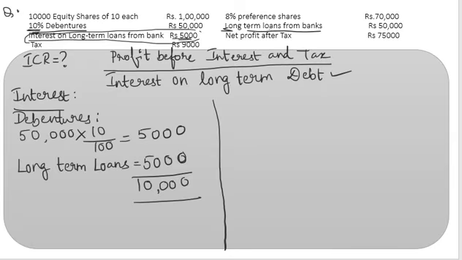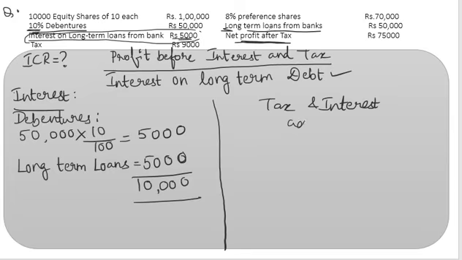Now let us check the numerator. Profit before interest and tax. In question, profit after tax is given, but we want profit before tax. So what are we supposed to do? We should add back the values. We should add back tax and we should add back the interest. So tax and interest